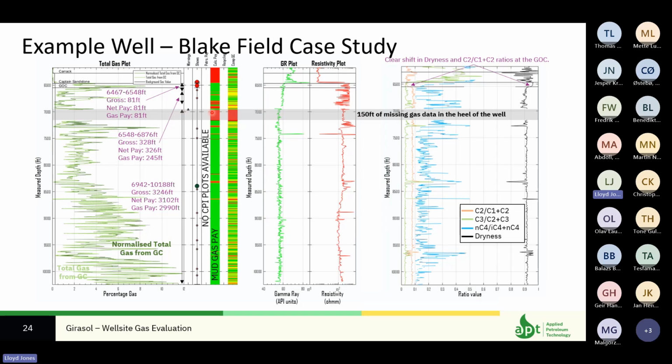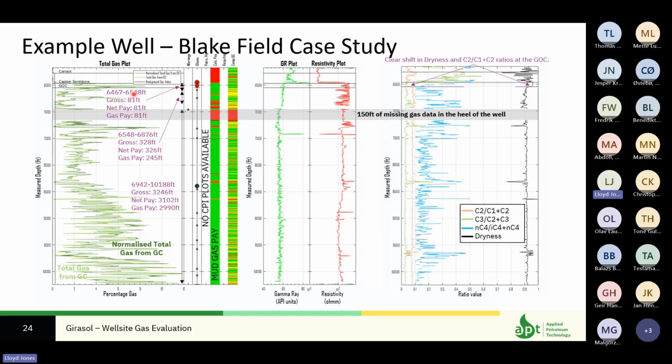So there's basically the whole of the well predicted as hydrocarbon-bearing based on the gas data. And that coincides very nicely with what the actual petrophysical assessment revealed as well. So between 7,000 and 10,000 feet, down to the base of the lateral, this looks to be entirely hydrocarbon bearing with a net pay of 3,100 feet, and the gas pay predicted there is 2,990, so very